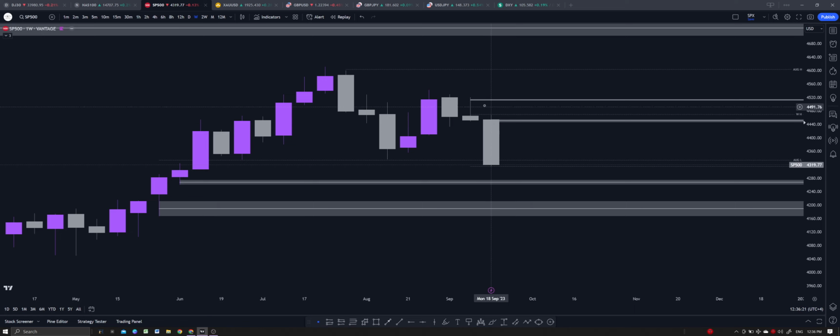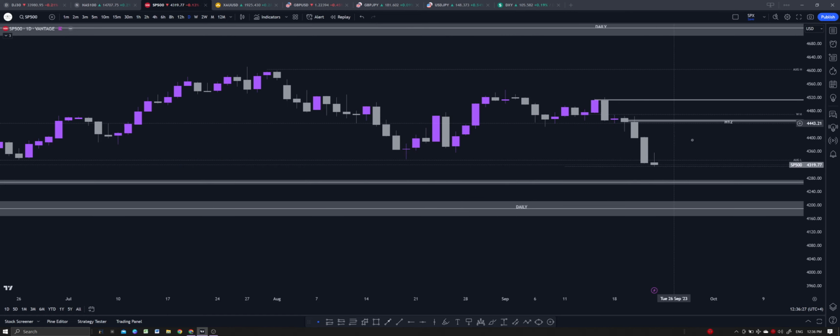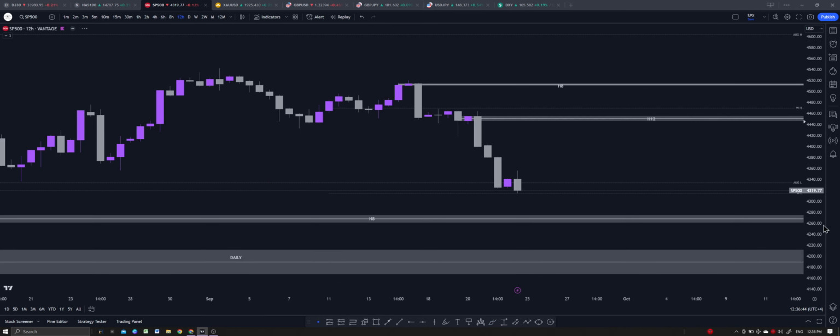So the weekly chart, we see this bearish candle breaking the structure point here, right? So I'm looking to take only sell positions on this. If you notice, we have a double top pattern here, right? And then we see a break below. And we have a supply zone right at the neckline of the double top, right? So this is where I would possibly look to take a sell position on the 12-hour, right?